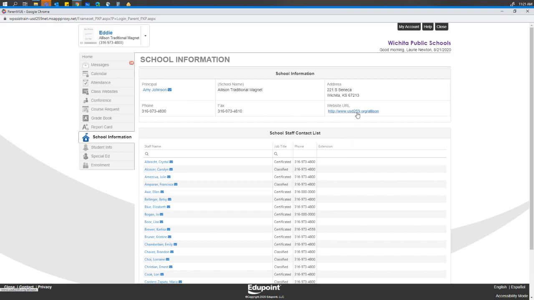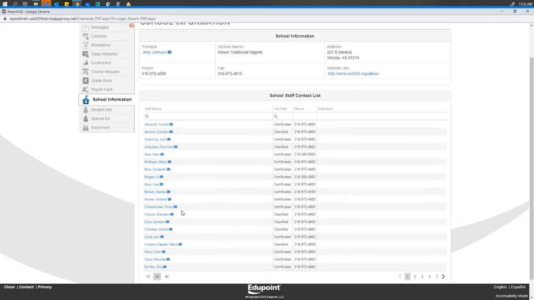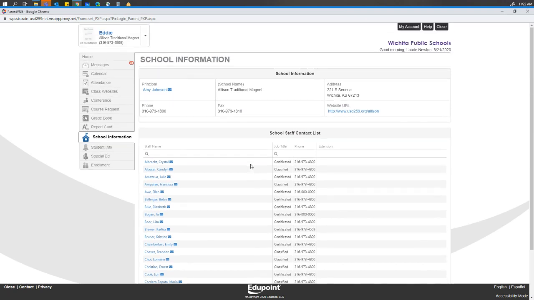So that's accessible in your ParentVue and in StudentVue as well. And then if I need to contact a teacher, I can scroll down and find that teacher and click to email them, or their classroom phone number is listed right here. Or the school phone number, I'm sorry, it's the school phone number, and then you'd have to ask to be